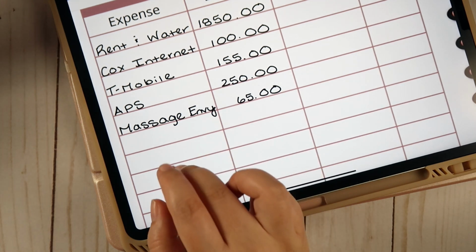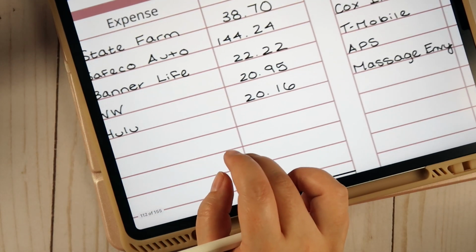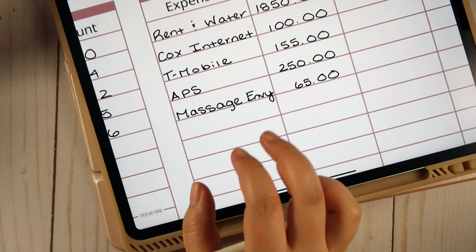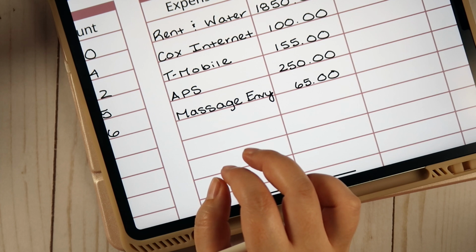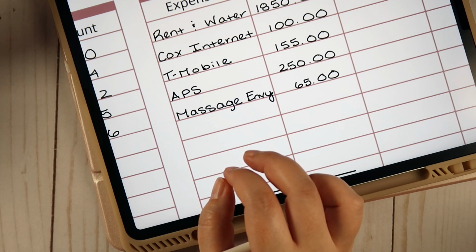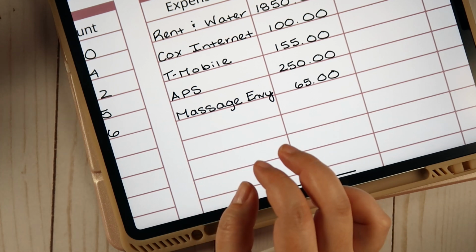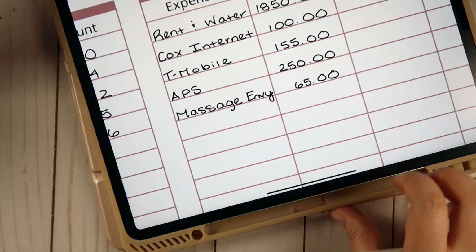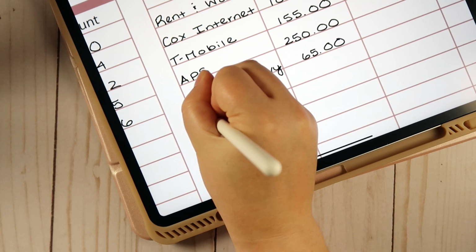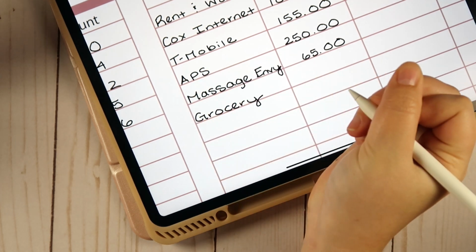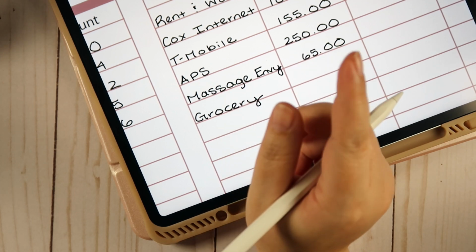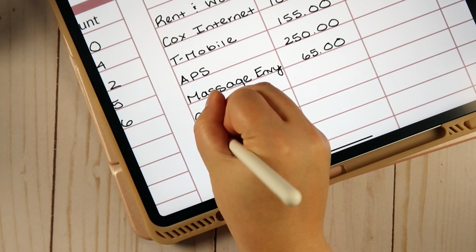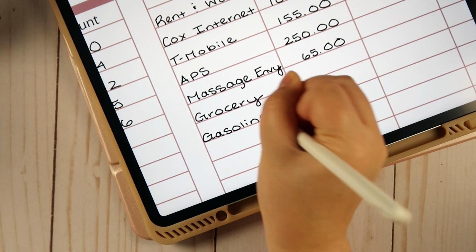Oh, you know what? I'm gonna put my business, well, do I wanna put my business expenses? You know what I'll do is I'll put business expenses as just one category here, and track it separately on my business budget. So then we have grocery, which is going to be a cash category, which actually, cute idea. I think I'm going to put the little cash symbol next to what we take cash out in. And then I have gasoline,